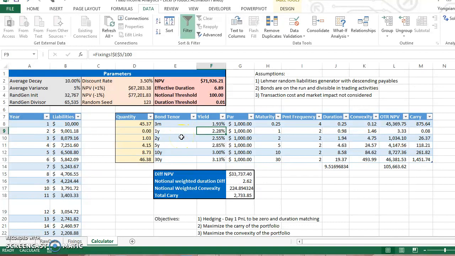We assume that the bonds are on the run, so the par is all 1,000, which is equal to the MPV, and then the bond results are divisible in the trading activities. We have the maturity and payment frequency specified, and column J and column K calculate the duration and convexity using